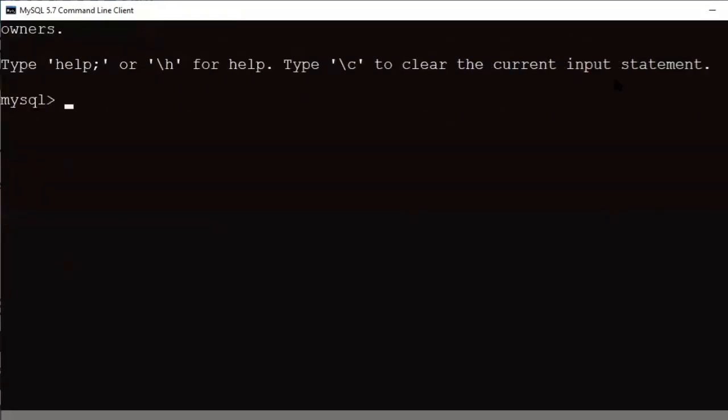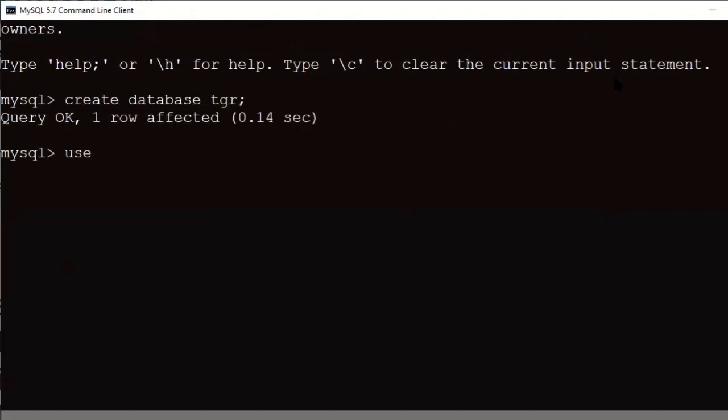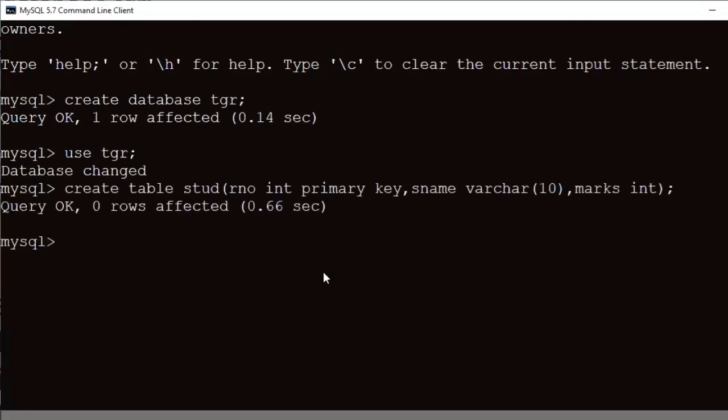Create a database trigger, then use the database name tgr, then create a table stud with 3 fields: register number, name as well as mark.